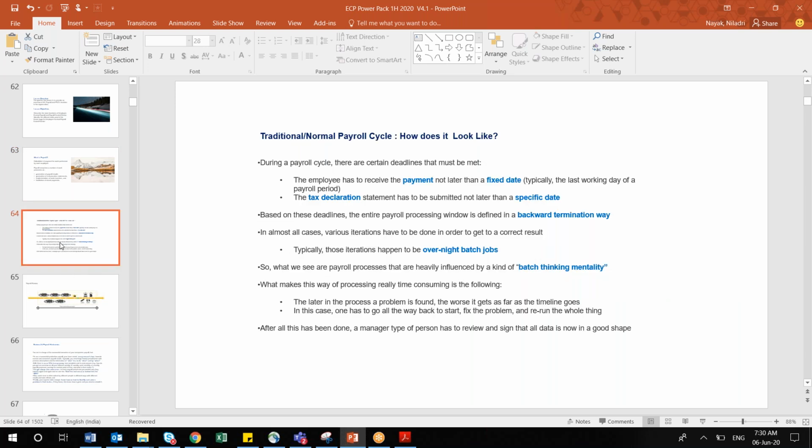When it comes to the payroll cycle, in most organizations, depending upon their setup, it can be a weekly payroll, a bi-monthly payroll, or a monthly payroll. Depending upon that, you will have different payroll areas and pay cycles. And in a typical traditional payroll cycle, what happens is